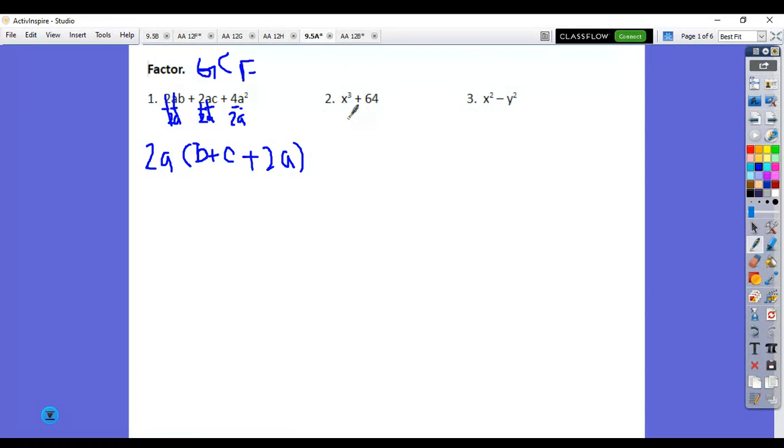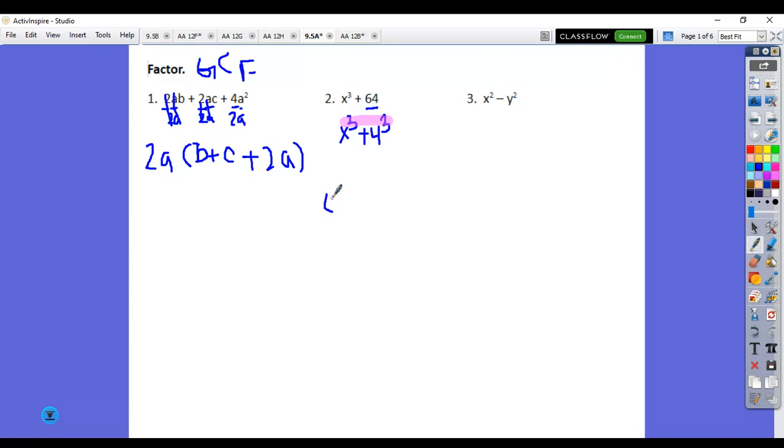All right, so we really haven't done a whole lot with cubes. I'm going to make a separate video with just some special factoring, just so you guys can see that. But anytime you see a cube here, you want to think what number cubed is 64? And that's going to be 4. So think of 64 as 4 to the third. And as soon as you can get both exponents to be cubed,